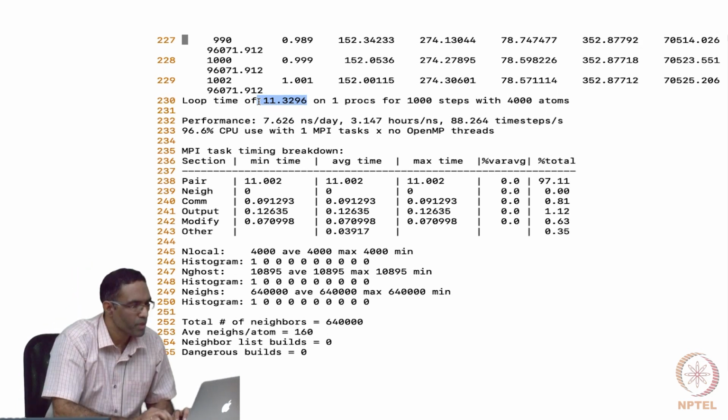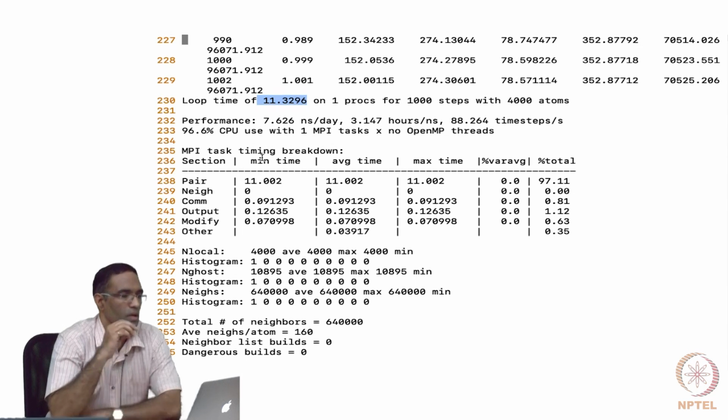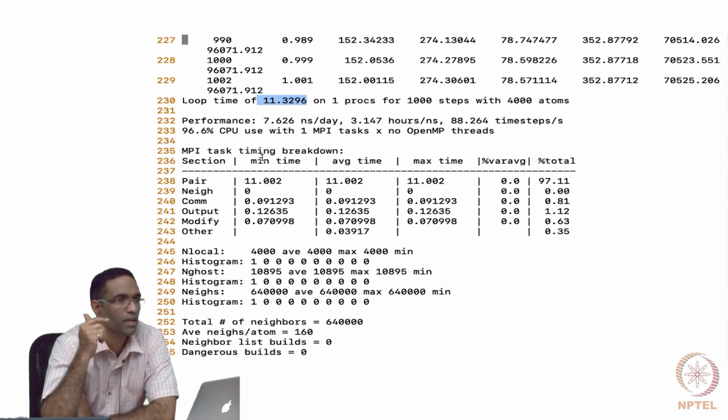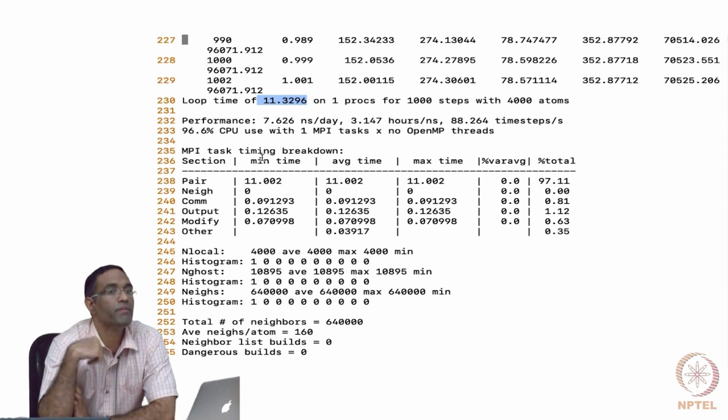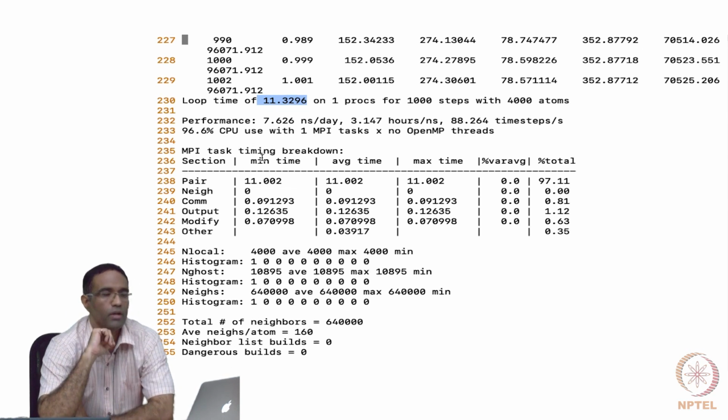You should also remember that a molecular dynamics simulation does not take time only to simply run, but every time you ask it to output data, that also consumes some time. So if you ask it to dump the positions and the velocities of 1,000,000 atoms every step, then that input-output operation is going to consume time. That is also an important thing for you to keep in mind while you are setting up your simulations.